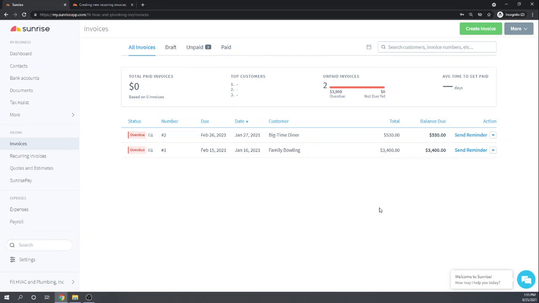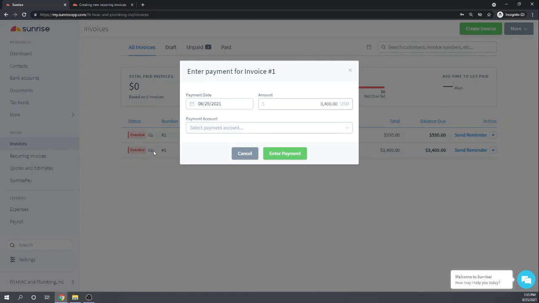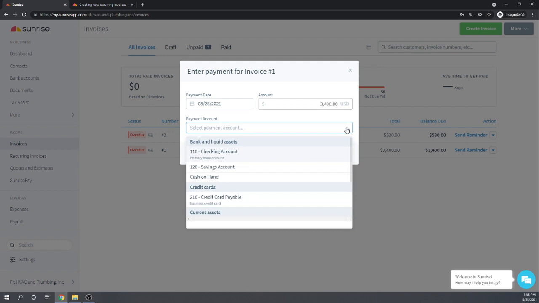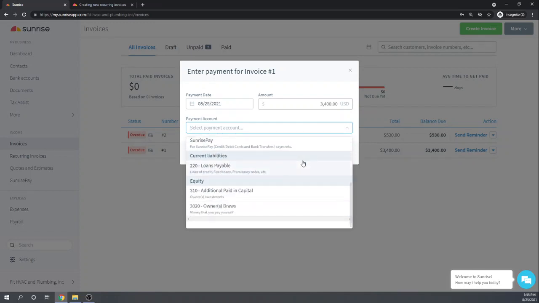Okay, so this was from Family Bowling. So that's this $3,400 and enter payment. $3,400. Okay, so it's making us